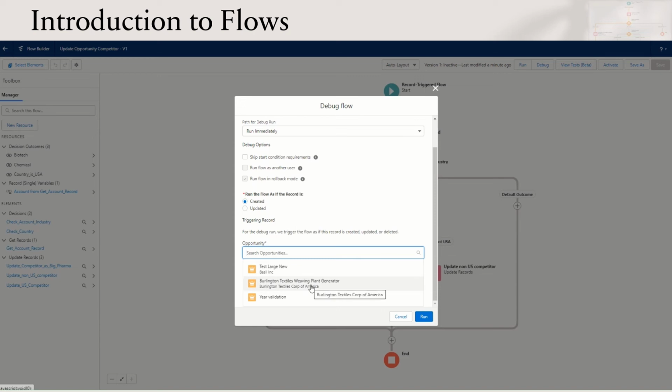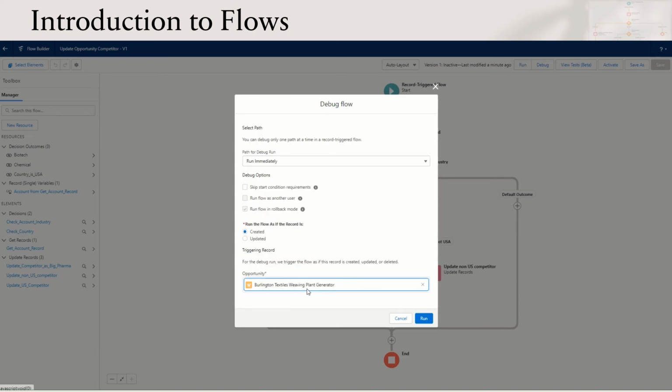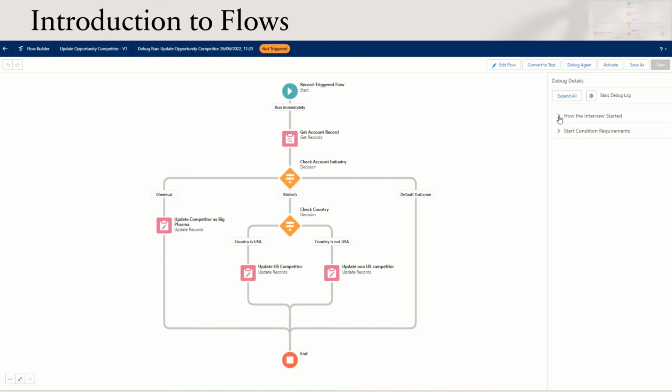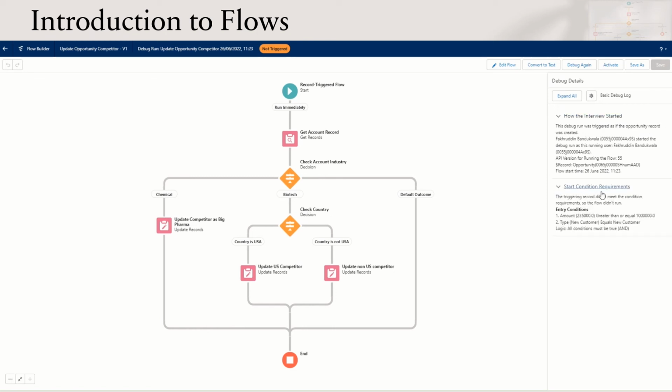the existing opportunity records to debug the flow. Let's select an existing opportunity for Burlington Textiles. Let's run the flow and it gives us the debug details. Let's expand this. How the interview started. The debug run was triggered as if the opportunity record was created, and then it evaluated the start conditions. The triggering record didn't meet the conditions, so the flow did not run. So it is working as expected. The amount in this opportunity was not greater than or equal to $1 million, and hence